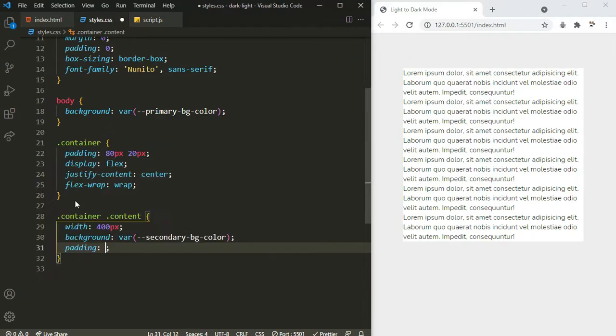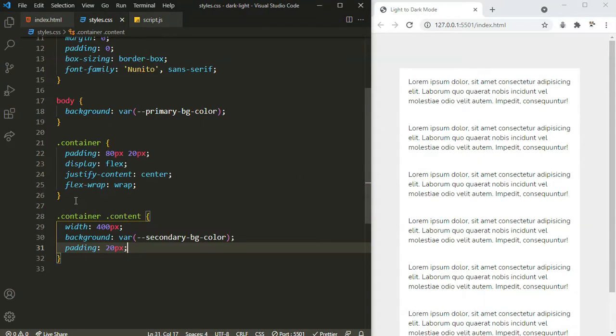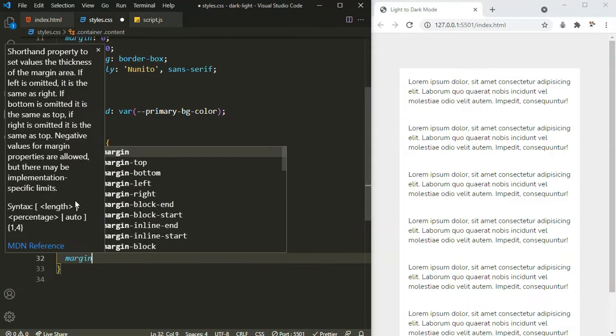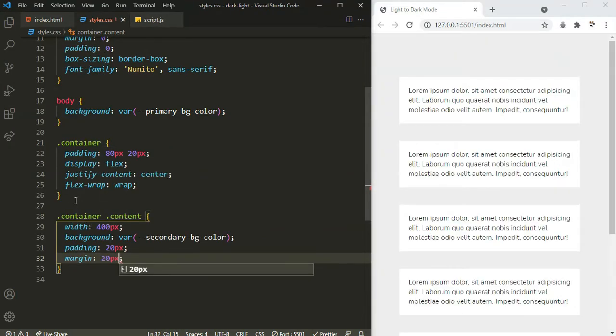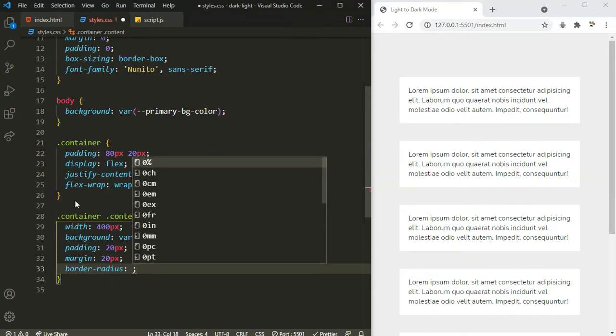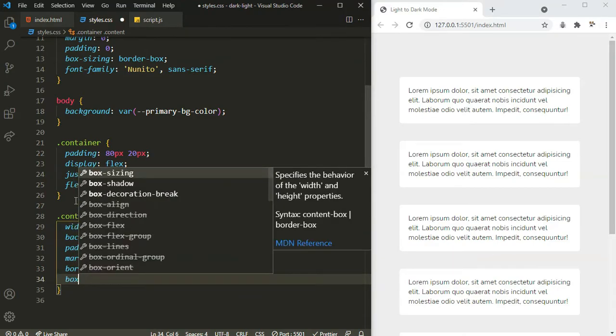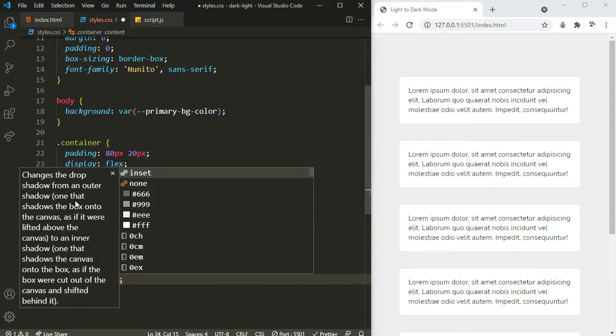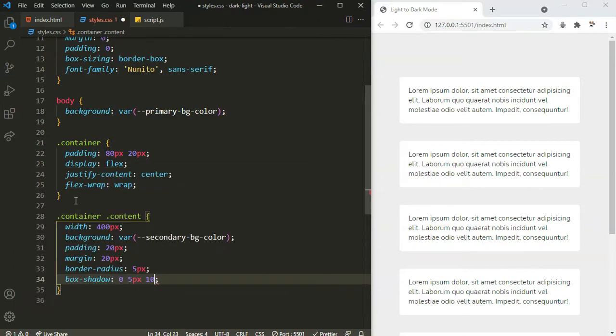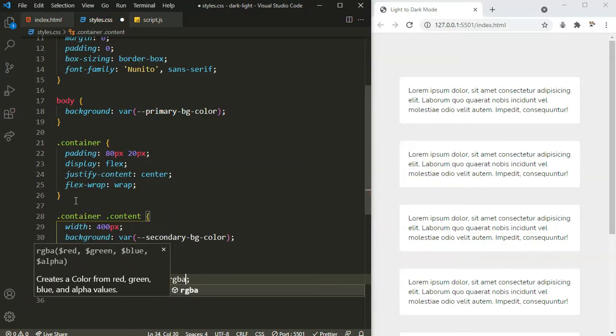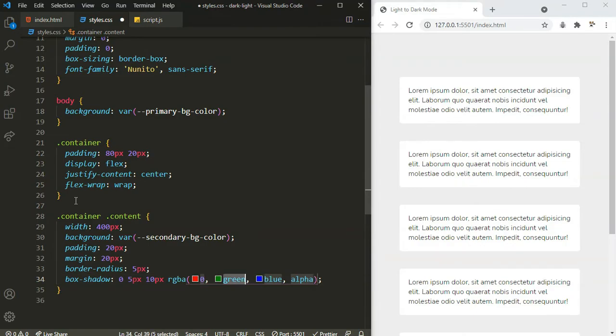Let's also set the padding to 20 pixels all around, and the margin to 20 pixels. Now let's also set the border radius of 5 pixels, and we also need to set some box shadow of 0, 5 pixels, 10 pixels, and an RGBA value of 0, 0, 0, and 0.1 alpha value. Okay, there we have our slight looking box shadow.